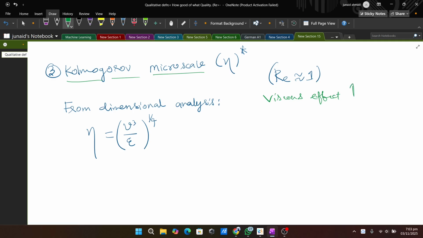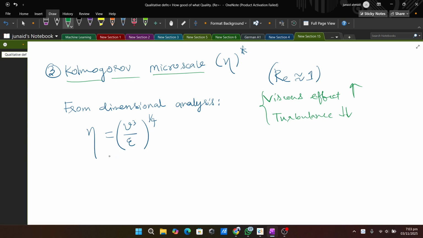This viscous effect is much higher than that of the turbulence. So the viscous effect is very high. It means the turbulence will be very low. Okay. All right. So now we move forward,